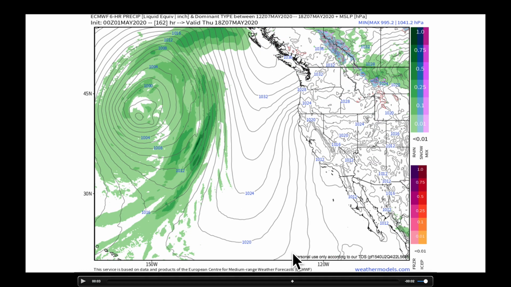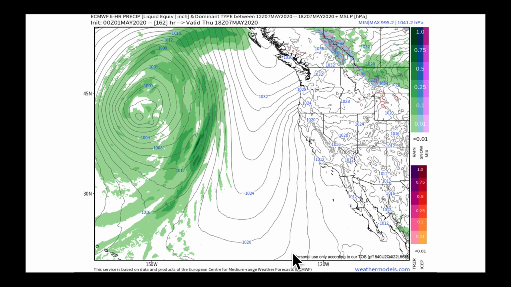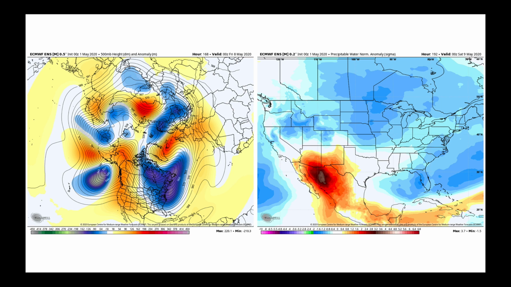One of the things I am concerned about as this pattern evolves is, one, some stronger winds at times across the west coast, and higher evaporation rates with the warmer temperatures that come in, because the pattern, as you see here, by the time we get to May 7th, a week from now, is going to be highly amplified in its flow. So we need to talk about that, because on the night of May 7th and the morning of May 8th, look at this: ridge, deep trough, big ridge, deep trough. In fact, this ridge along the west coast extends clear into the Arctic, which is what's dividing this trough here in the west and this one in the east.